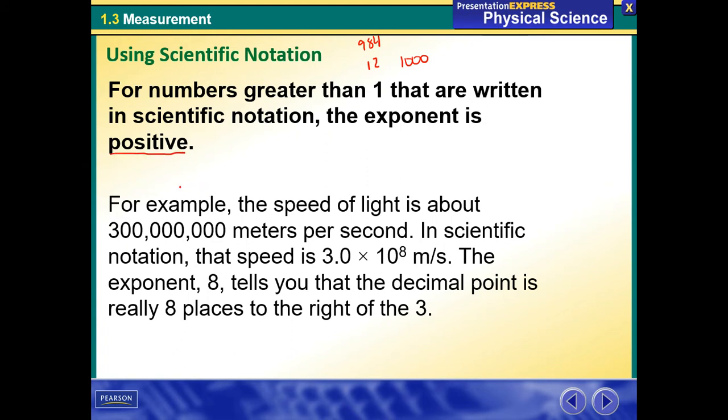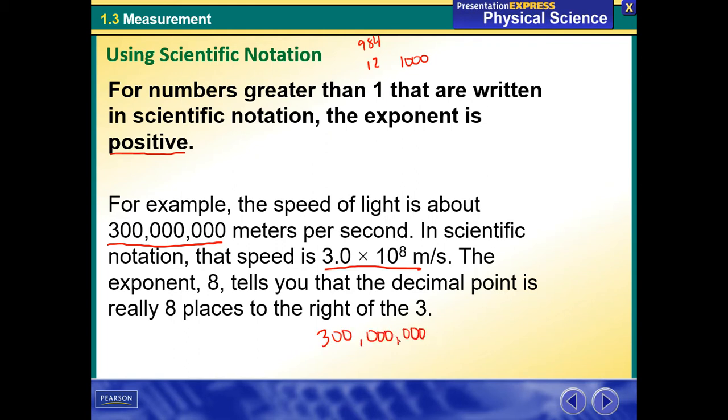So a good example of this is the speed of light. Here is the number for our speed of light. It is 300 million meters per second. And we can rewrite that into scientific notation of 3.0 times 10 to the 8th. But how did they get this scientific notation from this number? Well, the easy thing is, let me rewrite it,